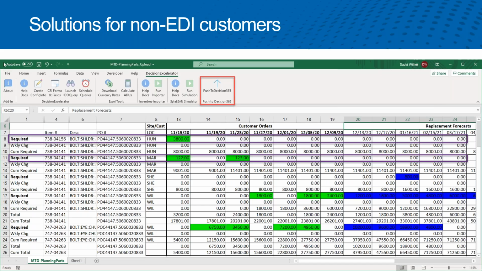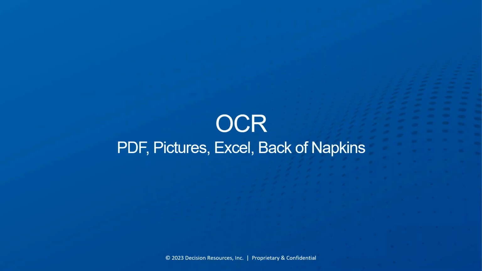So we can also do things with Excel spreadsheets, the point being multiple channels. Okay, so we wanted to see OCR today, so let's get to that. But those are the concepts behind Decision 365 that will apply here too. So OCR for us, we are using, and I'll talk about it in a second, OEMing an